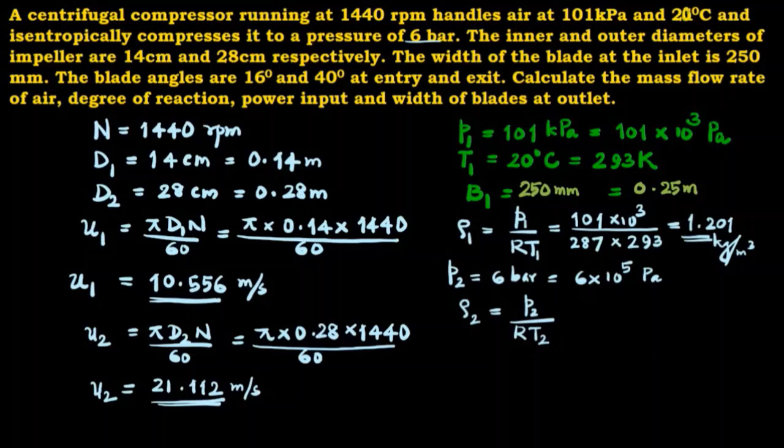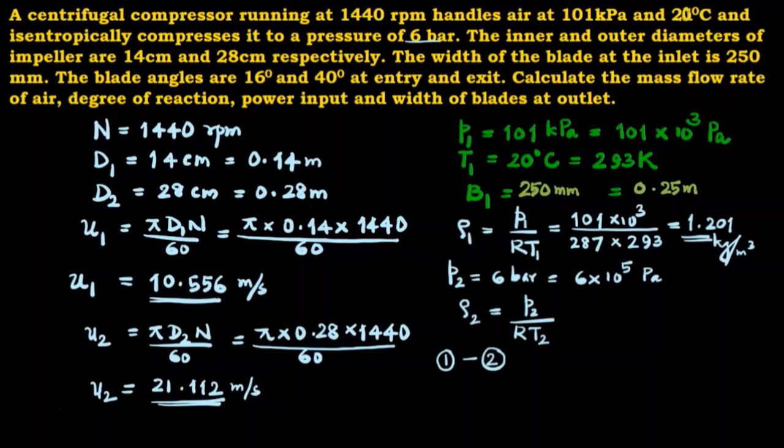We require the pressure and temperature, but here we have the pressure and not the temperature. For that purpose we take the help of isentropic compression. In the second sentence it is given that the air is compressed isentropically. So we consider the isentropic compression, just 1 to 2. Normally while deriving the expressions we used 1 to 3 as the process, because we needed to connect the first stage as impeller and the second stage as diffuser. So here we will connect from inlet to the outlet directly.